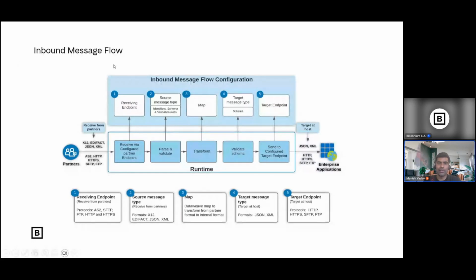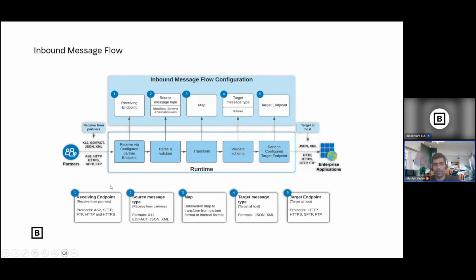If it does, then it converts the EDI to XML using this map component. You need to manually upload the map. After converting EDI to JSON, it checks against the schema of your target application. The target application might accept the date in a particular format, so you need to validate against the schema and then call the endpoint to save the order.